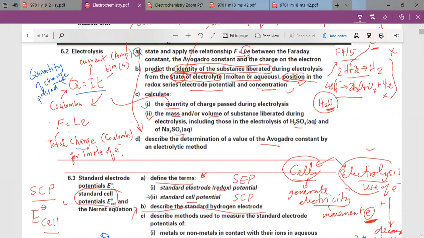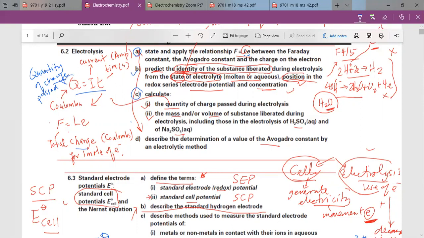So this is actually the charge of 1 mole of electrons, okay? It's Faraday. So Avogadro constant times the charge of an electron. And we've done this already, predict the identity of substance liberated. And today we do calculate, the first part we do is calculate the quantity of charge, the total charge,